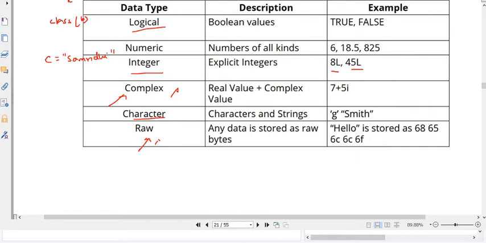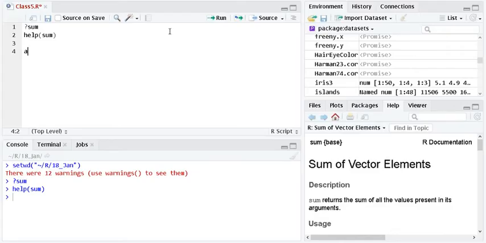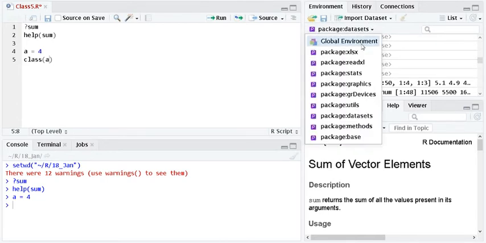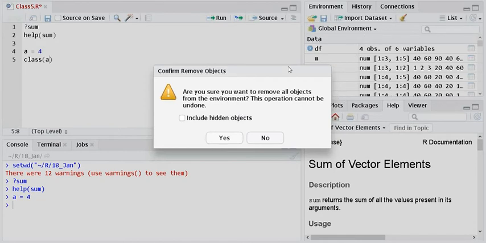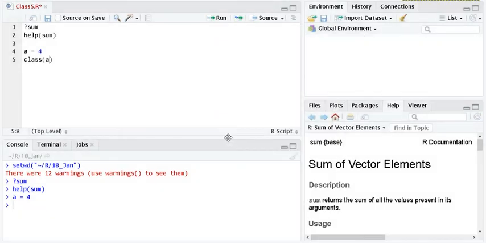Now, some learners are asking me a few details. So here I am defining a variable A equal to 4. If I have a look at the class of A, what will be the class of A? Can anyone tell me? So when I do this, I'm deleting all the variables from here.